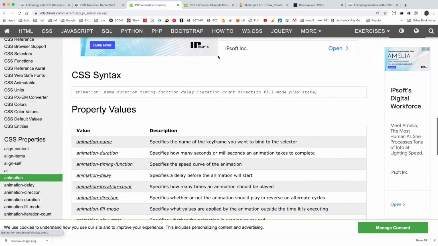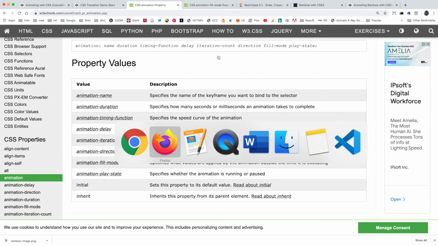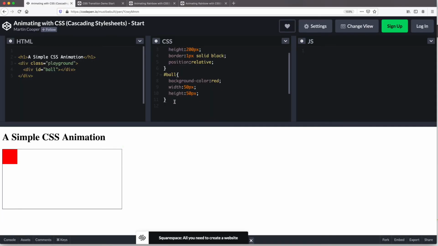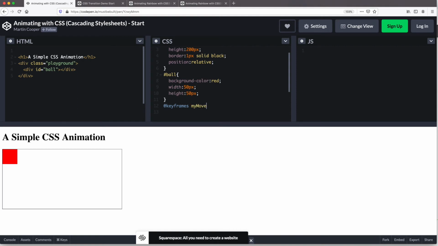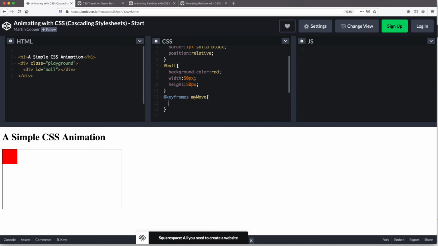So the way that the keyframes work is that you create them by saying at keyframes, and then you give it a name. So I'll call it myMove. So don't use any white space, just keep all that as one name. In programming we call that camel casing, and then we put a curly brace in,